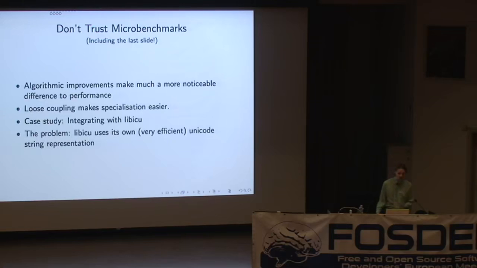I just have a quick example of this. How many people here are familiar with the International Components for Unicode library? Okay, a couple of you. So this is a huge library which does lots of really useful things for internationalization, for locales, for Unicode. It has Unicode regular expressions, some really nice things. And it has internally its own representation of strings, which is done as a C abstract data type. And it has fast macros for accessing characters by copying out a load of UTF-8 characters.